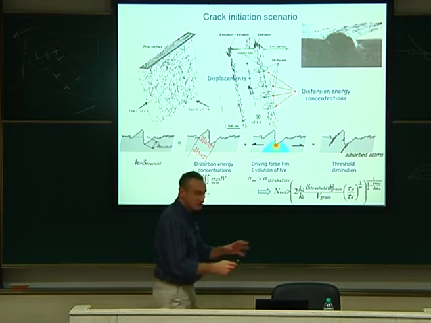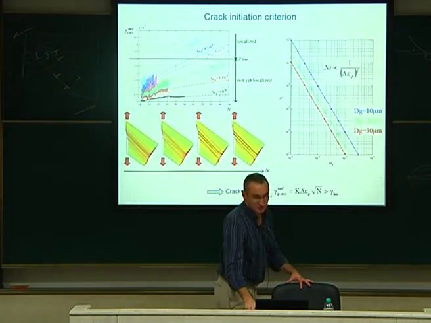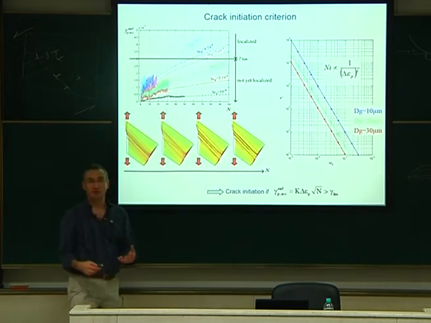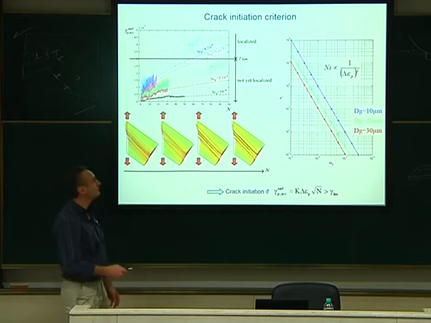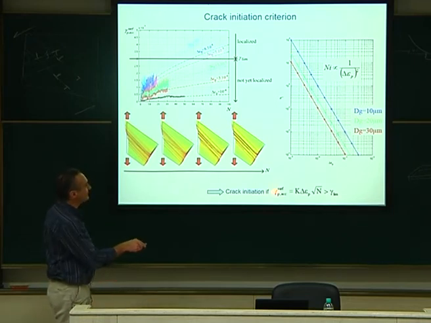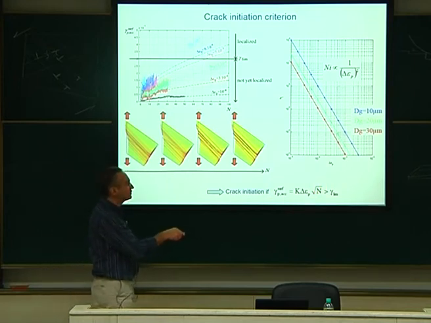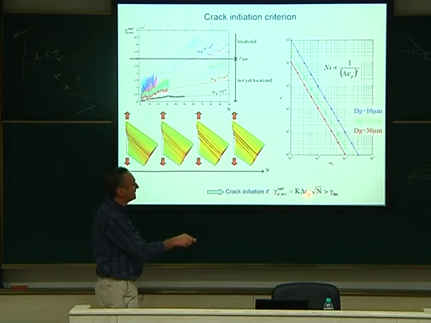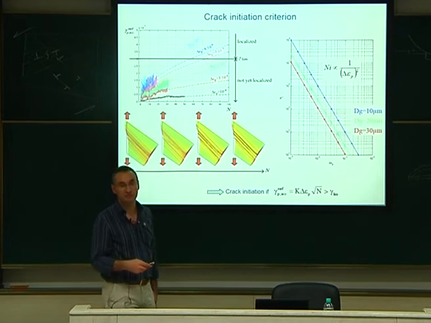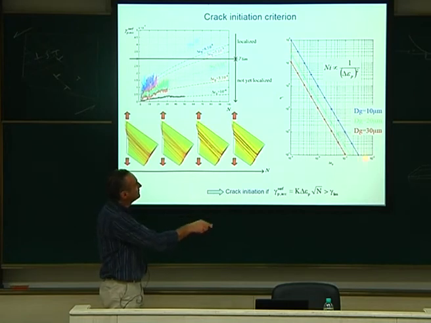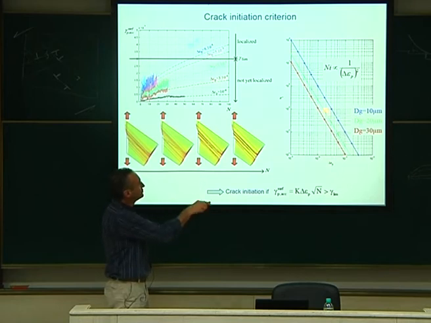Okay. I just have 2 slides to conclude. So I wanted to show you that this gives also phenomenological relationships that you find in textbooks. Typically, we can see that the number of cycles before, let's say, the irreversibility, so the crack initiation, will depend as the square root of the number of cycles and linear with the plastic strain amplitude. This is known as the Manson-Coffin relationship in fatigue. So we found it naturally by the DD code. So it means that the number of cycles before the first crack to appear versus the plastic strain amplitude, which is given here, follows such a law like that, a squared relationship.